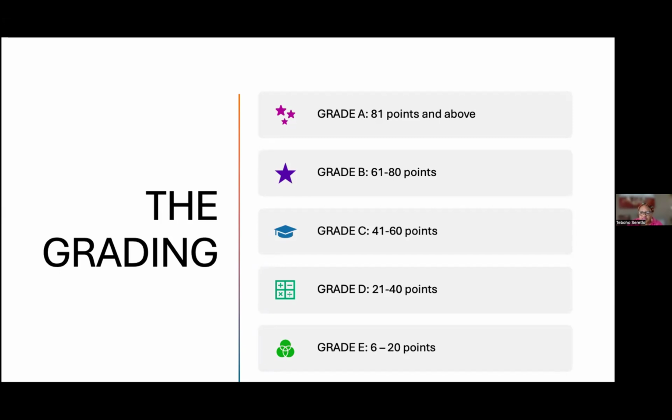Now, as from next year, they're getting rid of the grade E. So if you get 20 points or less, you won't be able to accommodate any students. But they gave people the grace period to say, go and improve your building so that at least you're sitting at a grade D. So those are the grades, the way they are, and they are there to incentivize you to get a better grade all the time.